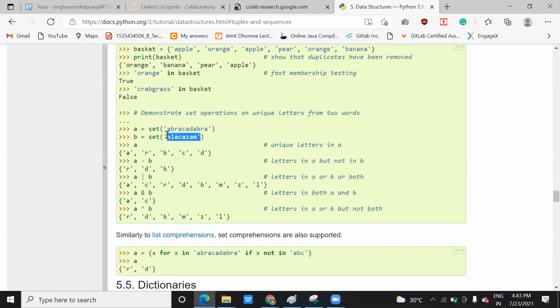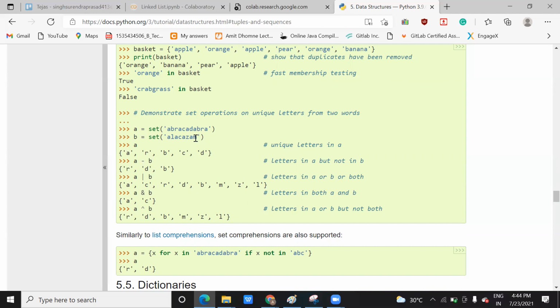I'm taking these values, and when I print it, it is printing a, r, b, c, d. Can you see the repeated a is not printed? Similarly, when you try to print b also, it will not print the repeated elements. And that is the unique thing, the good thing about this set data structure. This set data structure is used in scenarios where there should be no repetition.